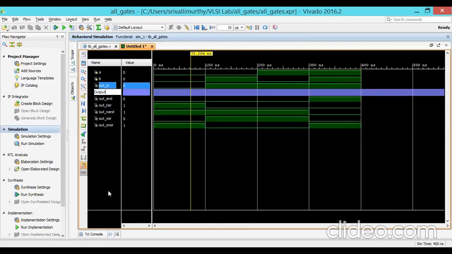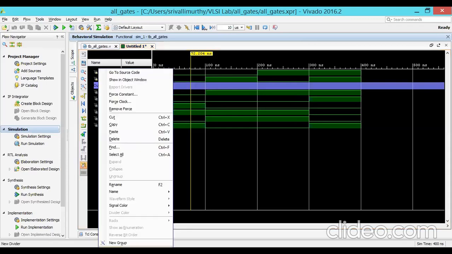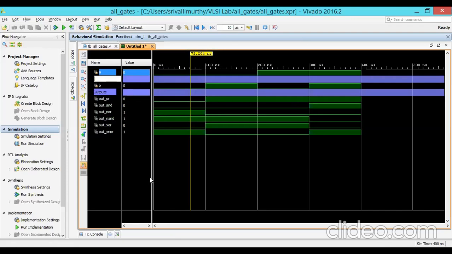These are the Q signals, the outputs. I am dividing the signals. Inputs.